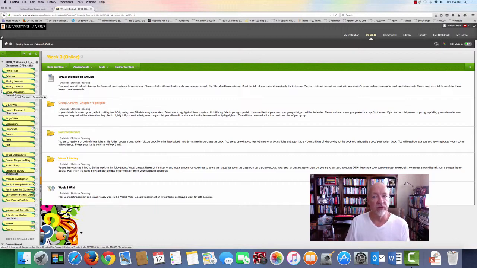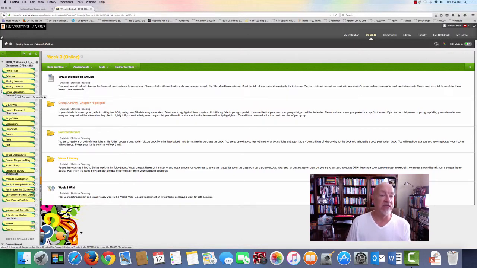So if you're the first person, you're going to be the leader, and you're going to make sure your group selects an app or tool or a web tool to use. And if you're the third person on your group's list, you're going to make sure everyone has provided some information that they plan to highlight. And if you're the last person, you're going to make sure those chapters are significantly highlighted. This may take some communication from all of you as a group.